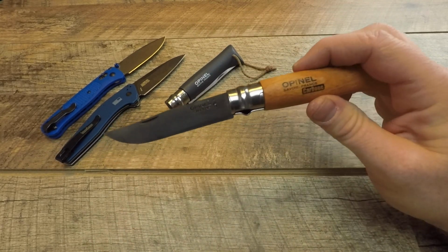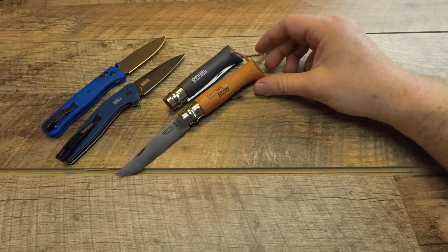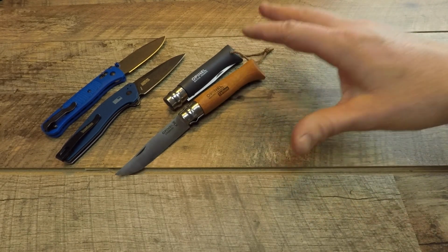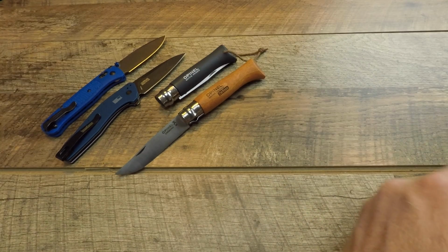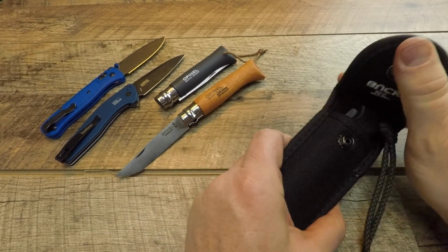But these guys are amazing. Everyone should have one of these in their kit regardless. But if you're on a really tight budget and you need an outdoor folder, Opinels are amazing, and I highly recommend them. Stepping up a little bit more in price, but not by much, is a Buck knife,